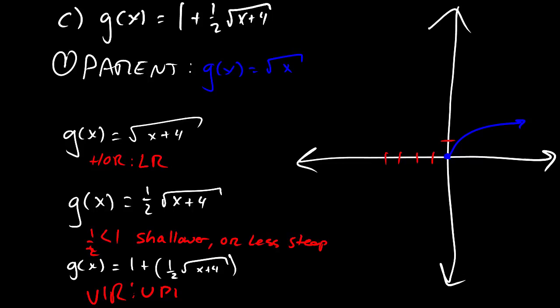So we're shifting it to the left 4, we've gone up 1, and we know it's going to be shallower, or less steep. So here we go: left 4, up 1, less steep. Kind of looks more flat. And that's what it is. So our g of x is equal to this. We look at our parent graph, we draw our parent graph, and we draw our shifts. Good. That one's done. Let's move on to